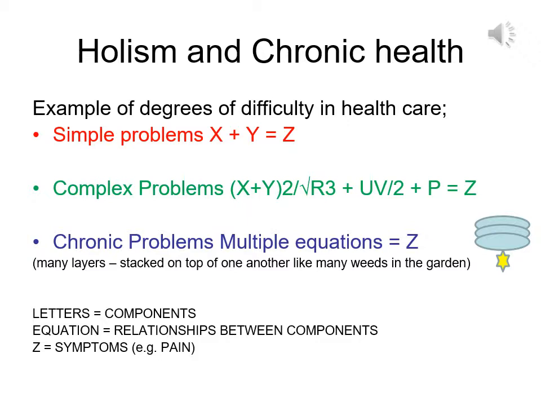The third case is chronic problems, and they're multiple equations on the whiteboard of health. So in other words, you might have many layers. One could be one equation, you'd release that, the next week there's another layer, and there's another layer. So many problems in the bucket of the personality. If you just deal with the same thing, the same treatment, you're dealing with the same problem week after week after week. But if you clear a whole equation, the next week the next level comes up, and then the next level, and they might have 100